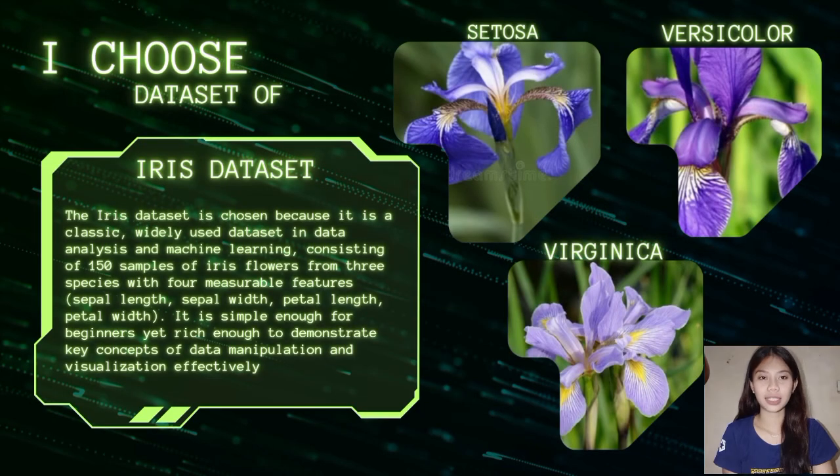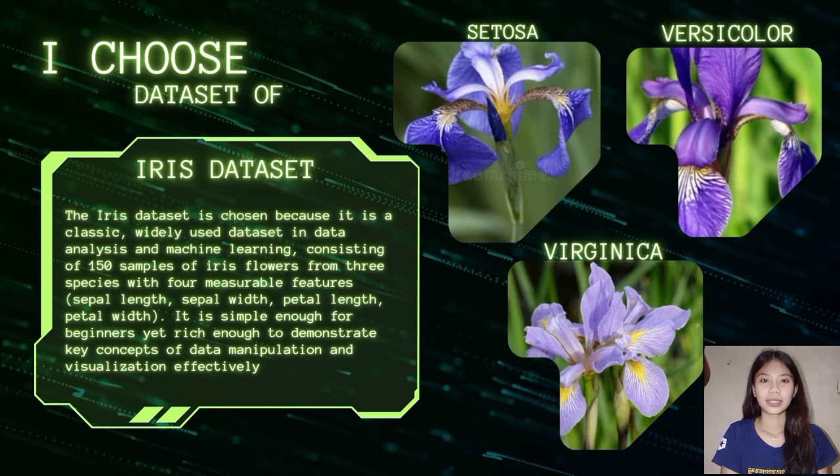The IRIS dataset is chosen because it is a classic, widely used dataset in data analysis and machine learning, consisting of 150 samples of iris flower from 3 species with 4 measurable features: sepal length, sepal width, petal length, and petal width. It is simple enough for beginners, yet rich enough to demonstrate key concepts of data manipulation and visualization